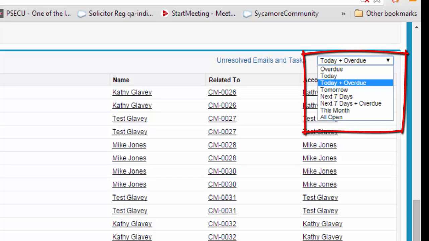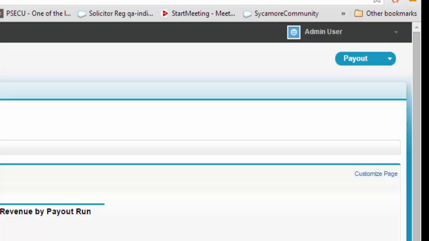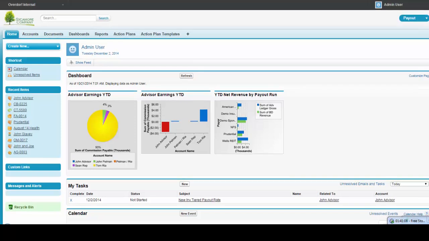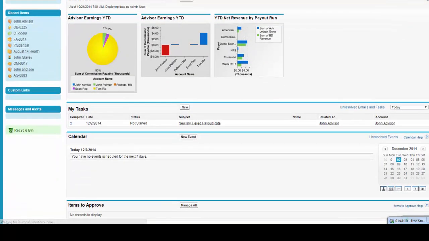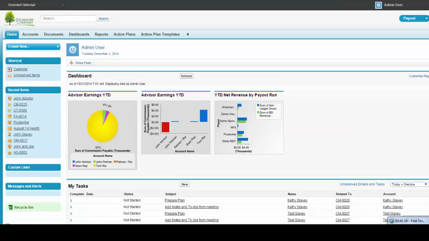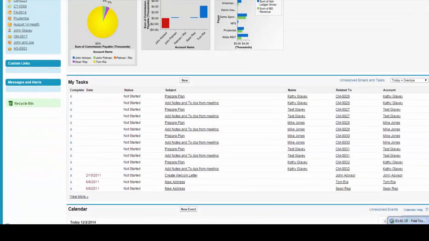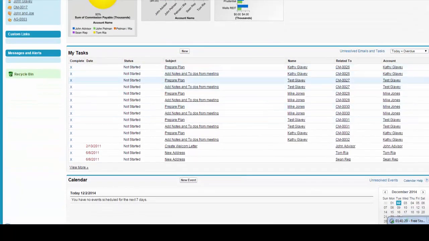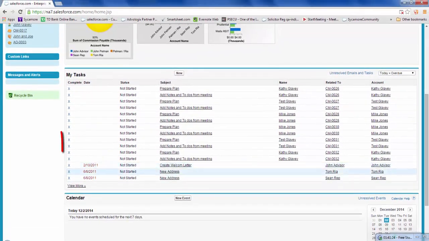There is another area where you can manage your tasks where you can change and control the list views. But this one generally, today would be a common view, and that will show you all of your to-dos that are due today, and also today and overdue. This list view will be remembered and will always bring you back to whatever list view you left it on. Any overdue tasks are going to show up in red,